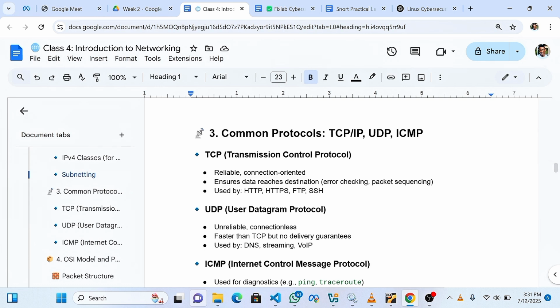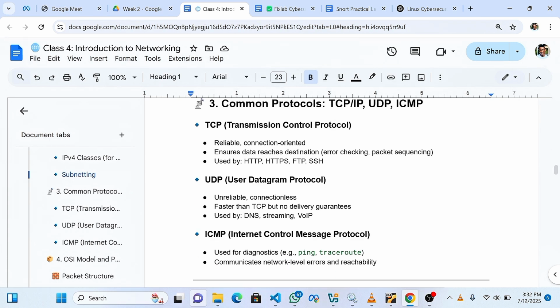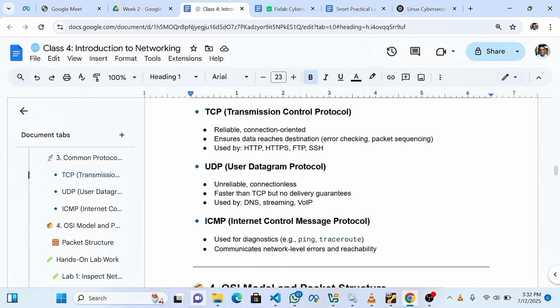That's why it's faster, and data are sent in bulk when they are transmitted, unlike TCP, which has to break the data into smaller packets. So faster than TCP, but no delivery guarantee. It is used by DNS, streaming, and voice